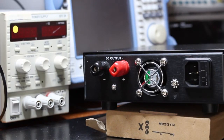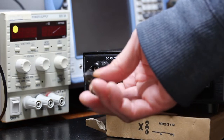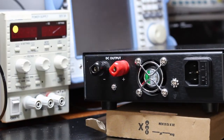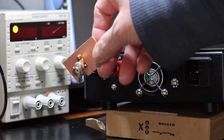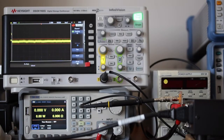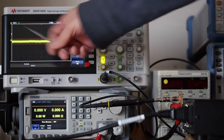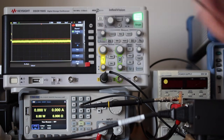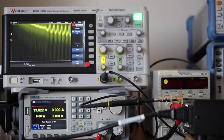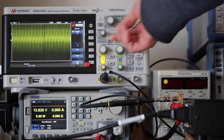In this case, the BNC to banana adapter won't fit. Then I prepared this other one to do the measurement. So the intrinsic noise is the same, about 500 microvolts. The input filter is on, and then I will turn the power supply on. Massive increase in noise,